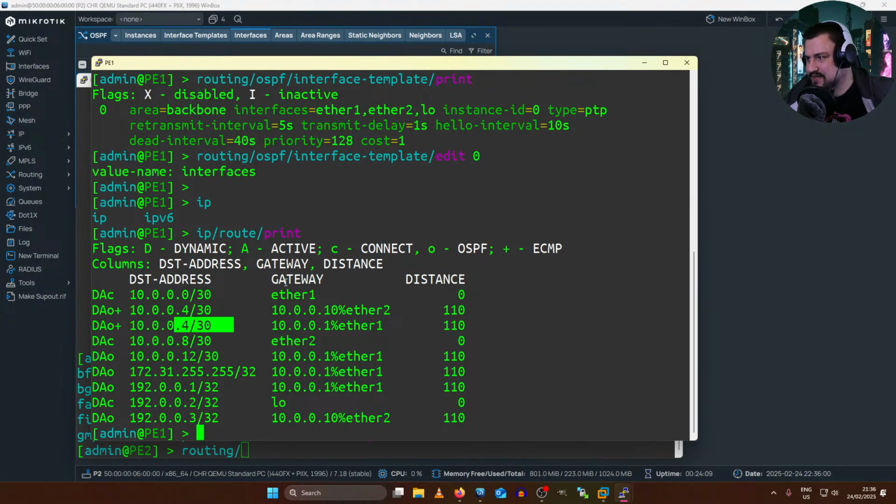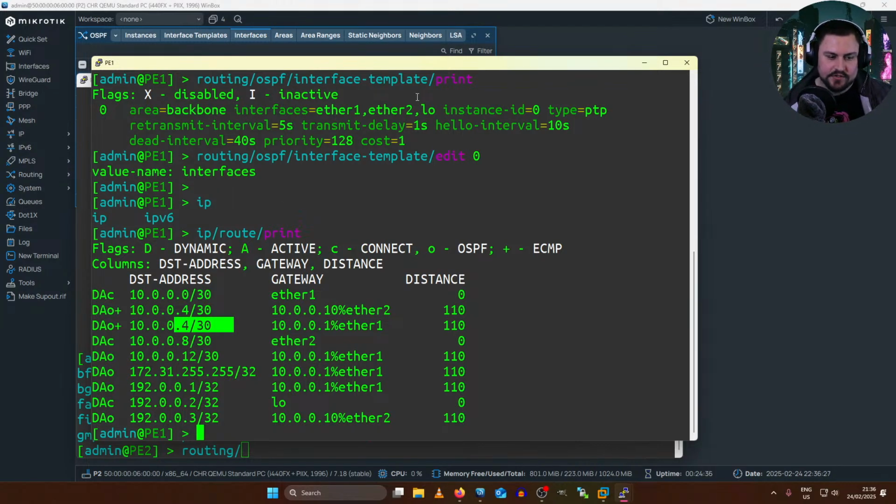So by passive, all that it means is that it participates with OSPF, but it's not actively going to be trying to form connections. So you might sometimes want to set OSPF to passive on interfaces that face customers. If you're configuring OSPF between your equipment and their network, and you don't want your device to try and talk to them over OSPF.